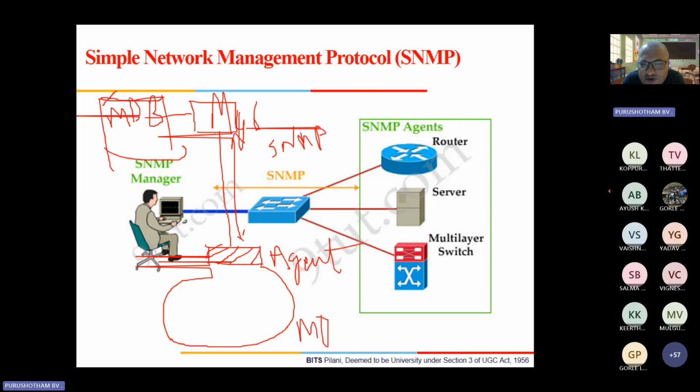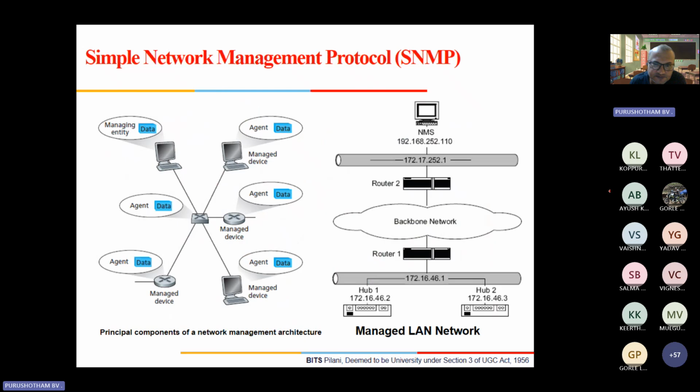So that's where it has become very, very popular when compared to other models. So this is how SNMP is going to work. So every element, or this is your network, right? This is what we saw. For example, say we understand that this is the network.